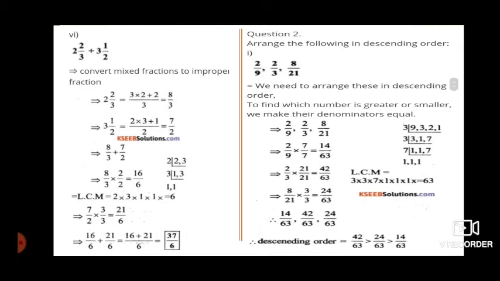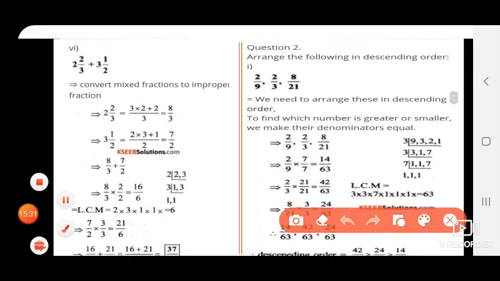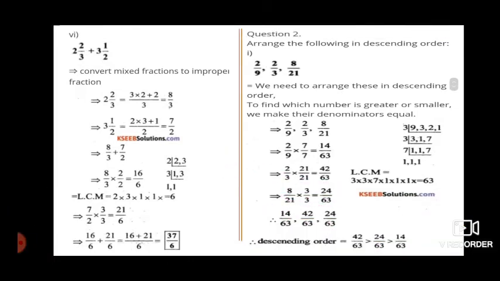3, 9, 3, 21. Here, by mistake 2, 1 is written, it is 21. So first we can take with the 3 table: 3 3s are 9, 3 1s are 3, 3 7s are 21. Next again with the 3 table, 3 1s are 3, 1s are 7 as it is. With the 7 table, 7 1s are 1. Now the LCM is 3 into 3 into 7, that is 63. Now we have to get 63 as a denominator. So the first fraction is 2 by 9. So 2 by 9, 9 is the denominator.